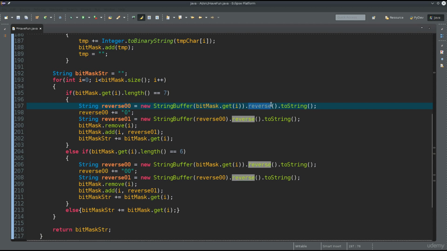So I completely flip the order of characters within that string. Then I convert it from an array list to a string, and I store that into this string here. Once I've done that,